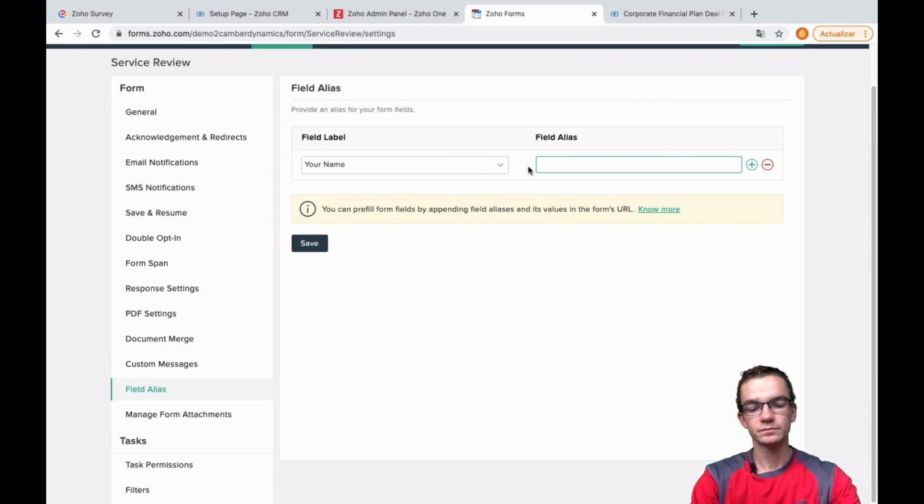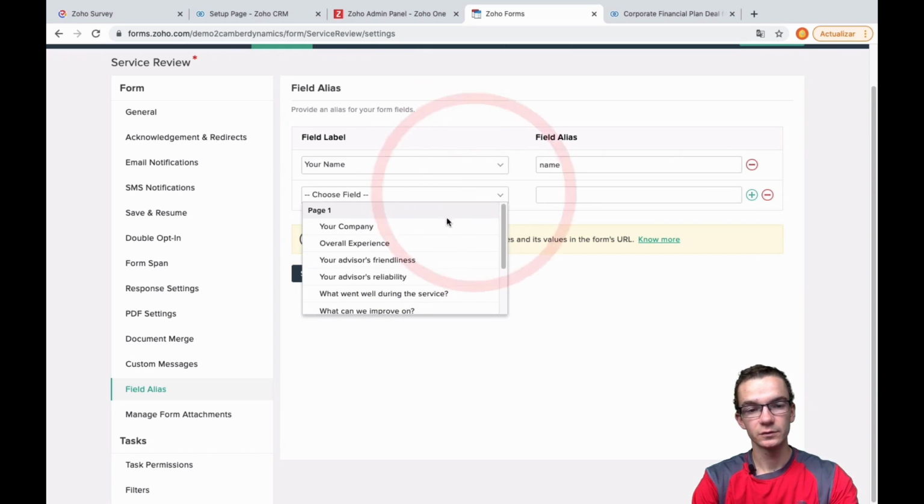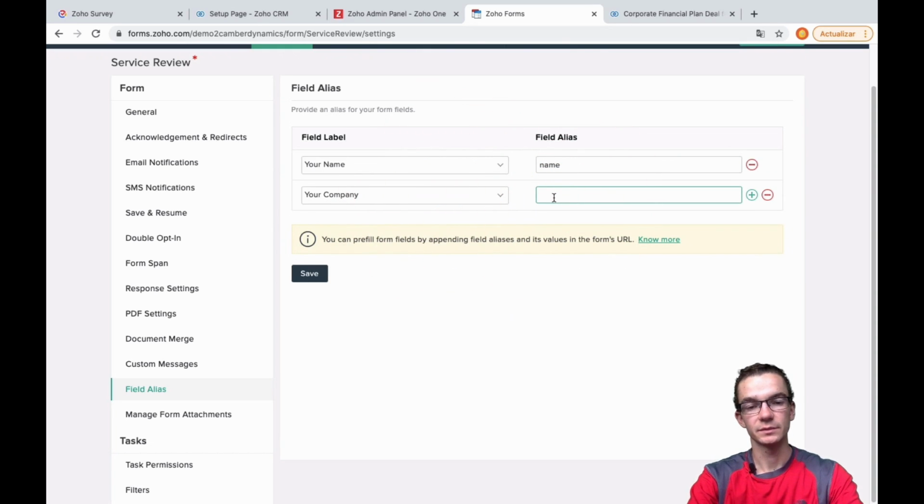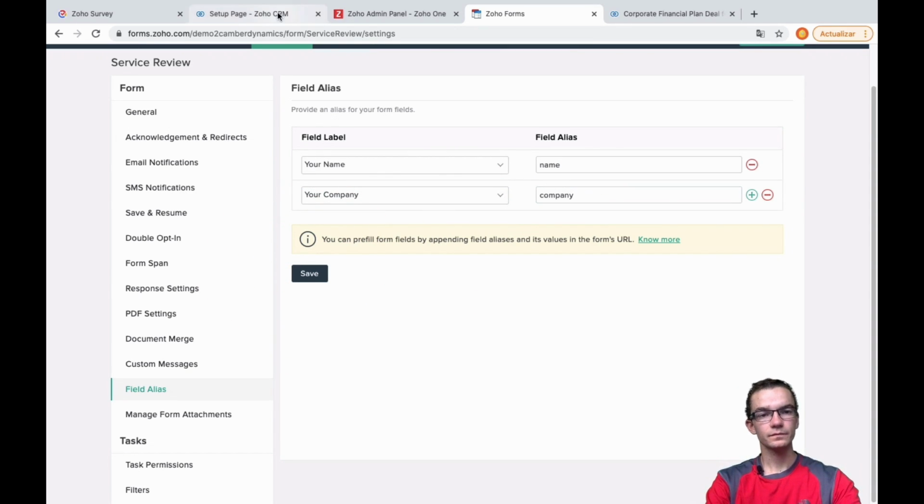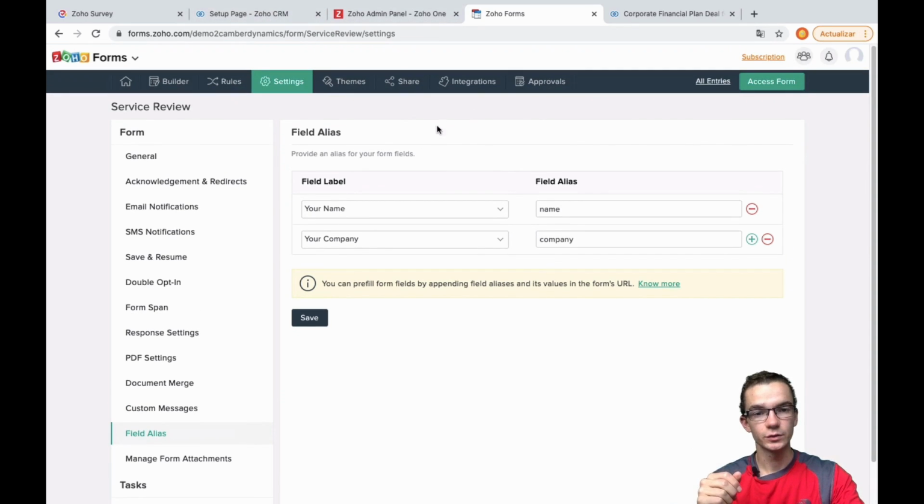So for your name, let's just do name, something very simple, all lowercase. For your company, let's do something very simple for company. Go ahead and click Save. And then that is going to map this essentially custom variable, this alias, to this field, and this alias to this field. But what we have to do, go to the Share tab,